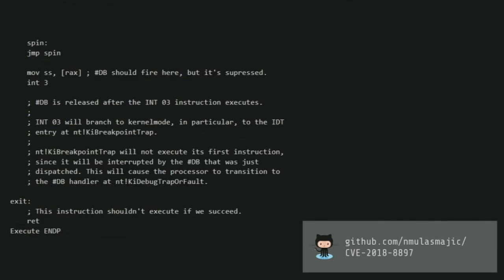And this is kind of the heart of it. Again, it's nothing fancy. It's just going to crash your machine. If you look at the top, we just have the mov SS followed by an int3. The mov SS is accessing memory, and the RAX dereference there is accessing memory that is currently armed by a debug register, followed by an int3. So what happens is after the int3 finishes its execution, it's going to fire an int1.